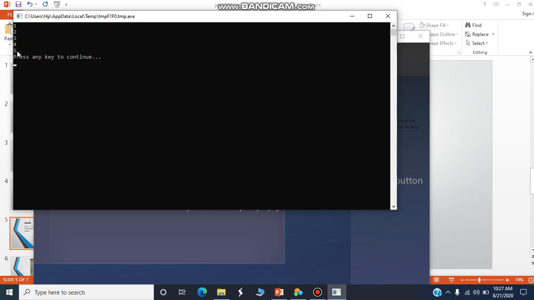If true, it executes the statements between For and EndFor, and then the value of variable A is incremented and you can see it has been increased by 1. The computer again checks the value of variable A. If false, it gets out of the For...EndFor looping statement.